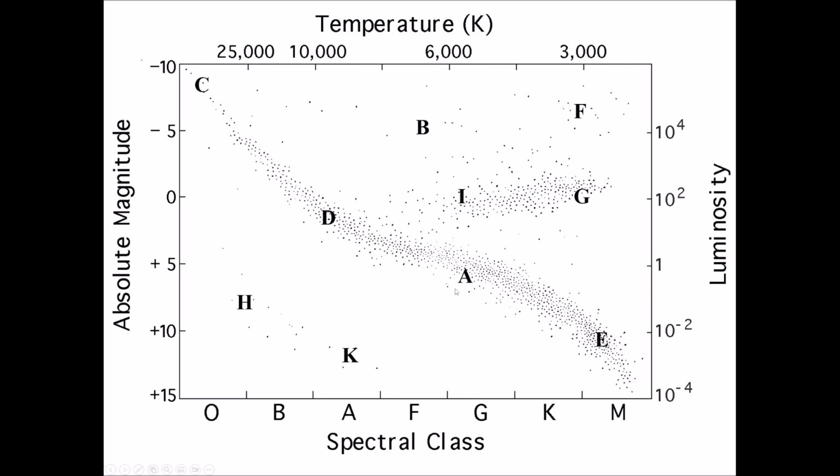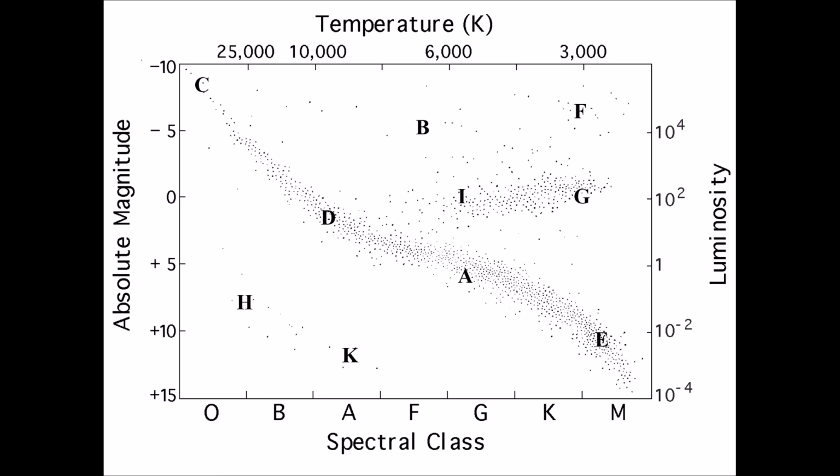So that tells us where the sun is located, and it also helps us identify where the main sequence is, right? It's a narrow strip of data that goes from the upper left down to the bottom right. So you can easily see here, this must be the main sequence, and then we can see there are regions above, I and G, those must be the giant stars. Above that, there is another region, B and F, those must be the supergiant stars, and there's a region below, H and K, those are the white dwarfs.